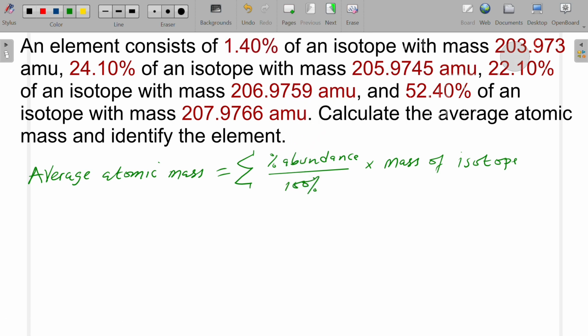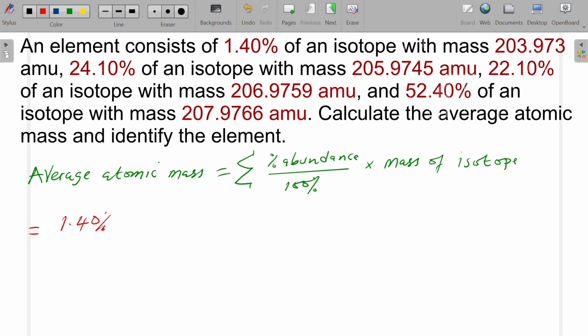Now, what we mean here is the sum, meaning the percentage abundance of this one divided by 100%, then multiplied by its mass. We find a value there. Then we are adding it. Sum means addition when you add all values. So after finding this expression for one isotope, we also use it for another one, and another one. Then the values we find are what we add, and that will be our average atomic mass. So that's what we need to do. In short, this will be equal to,